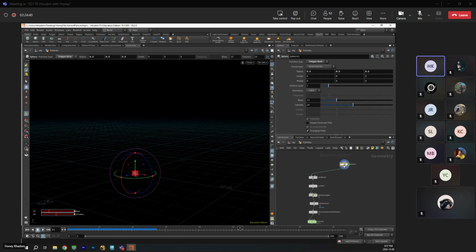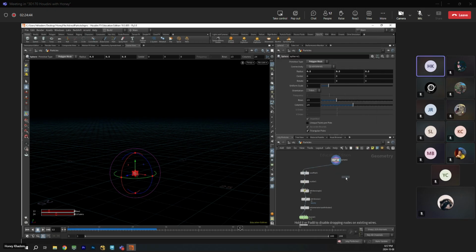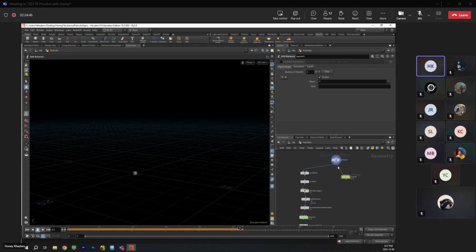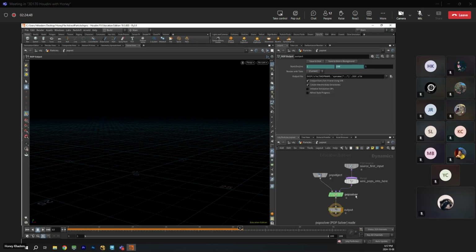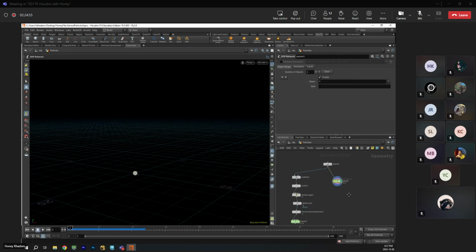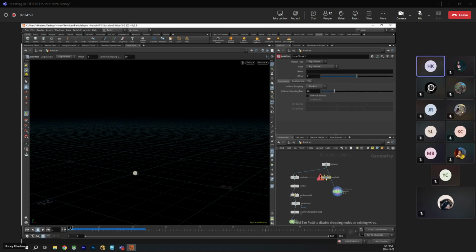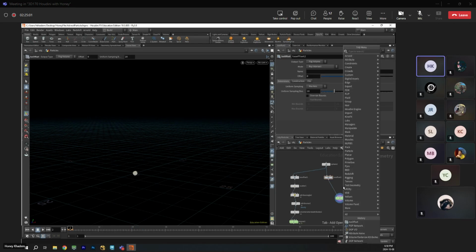This is my source, right? If I do a pop network and I use it as a source, going from the first node, it's emitting points, right? Let's just put the points inside the smoke, so like that.